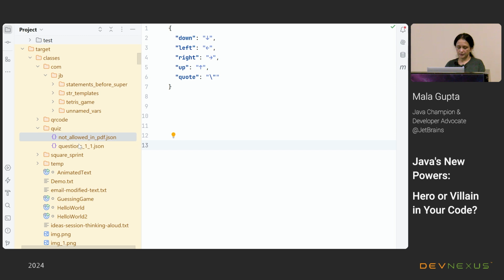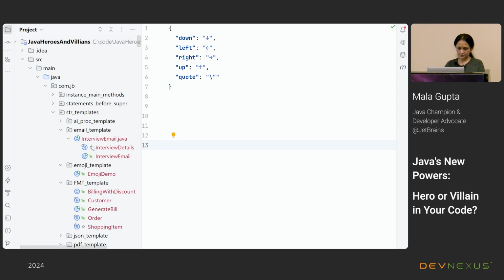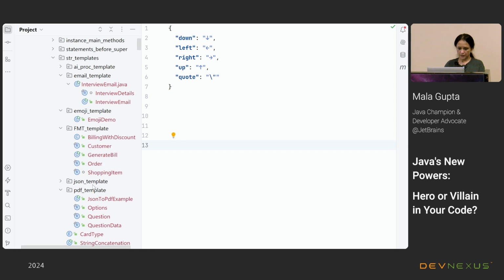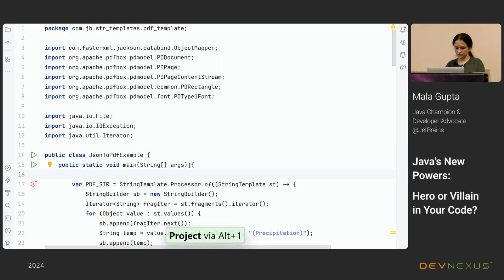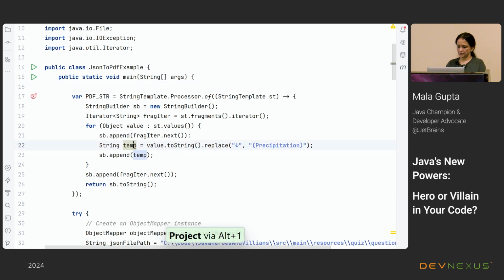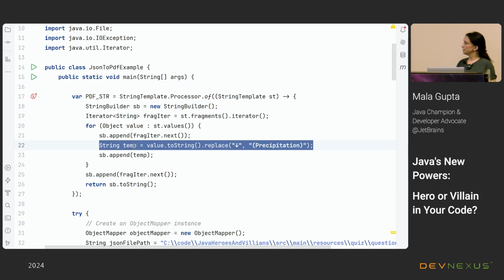So what I did was I created a custom string template where, instead of using these values, I used something else. Let me show that to you. Here, any time I come across a value which is the down arrow key, I replace that with some text.